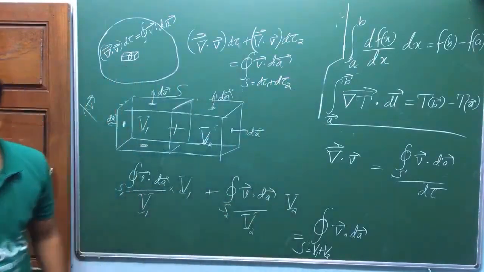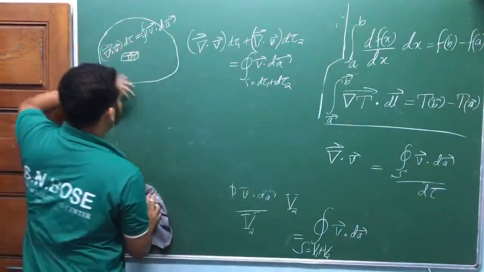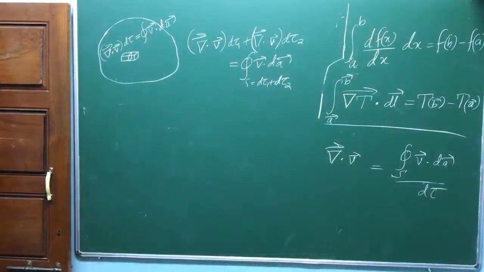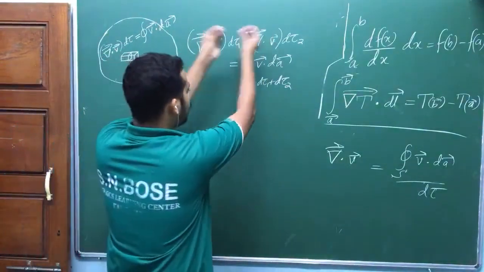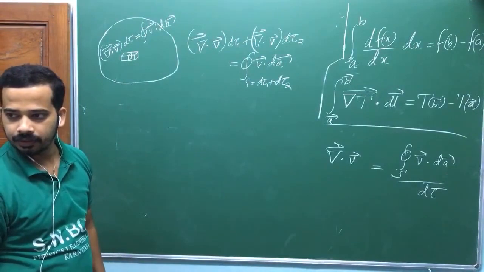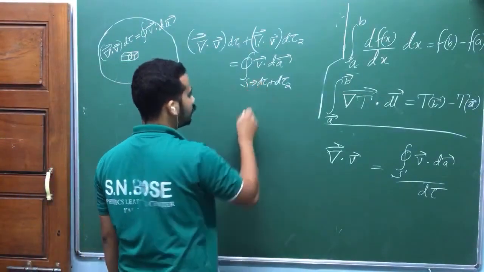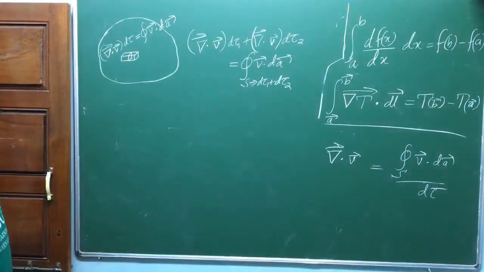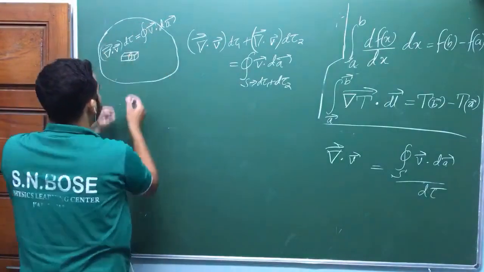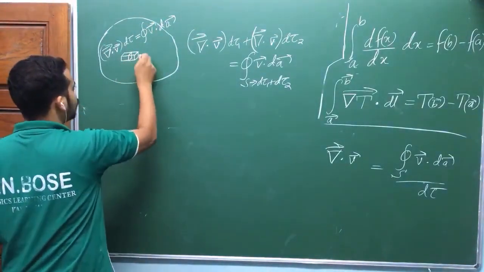Like that, I am going to continue and span the whole region of the volume. Is that okay? And I will make this d tau very, very small. Don't write S equal to; S corresponds to the volume d tau 1 plus d tau 2. Like that, I am going to span the total surface. Now look at here. When you do like this,